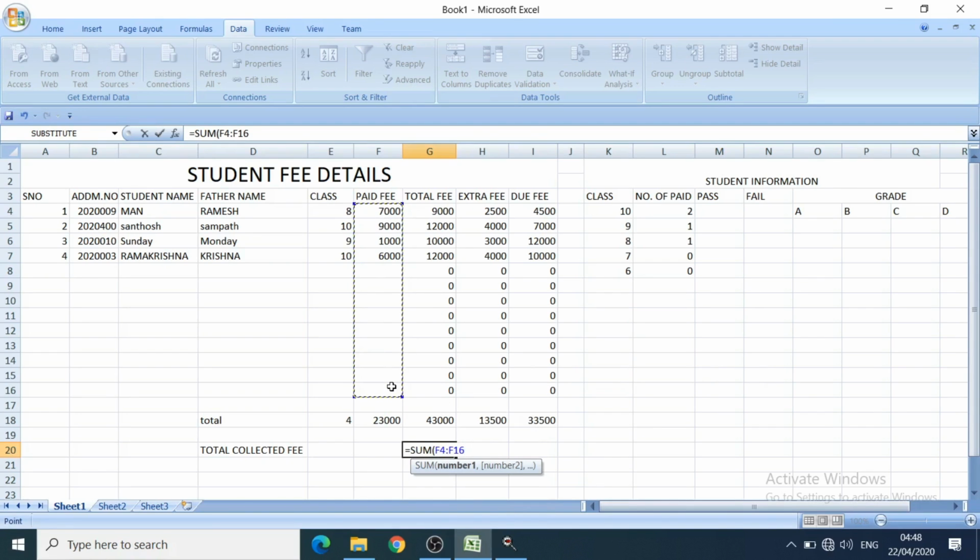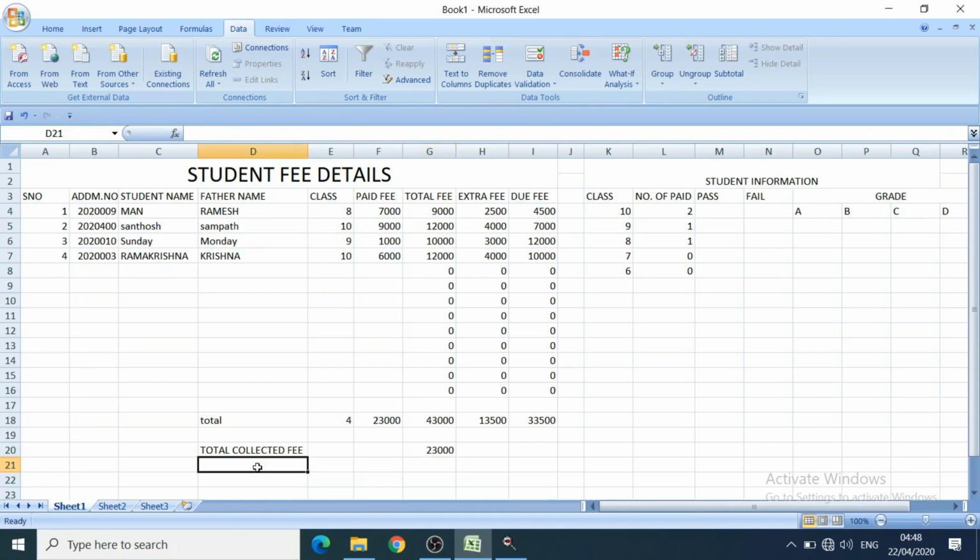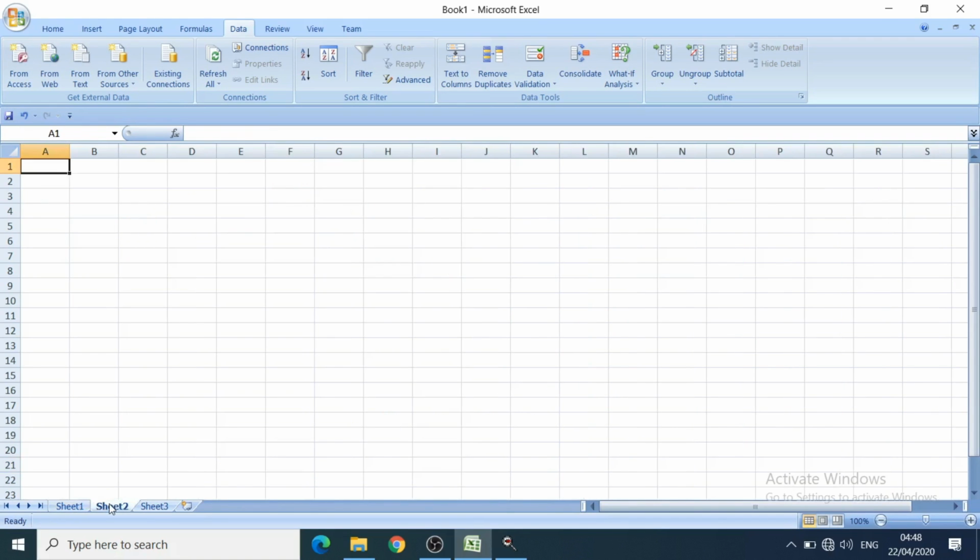Now for the total collected fee, here is the maintenance amount. Take one more sheet. I am giving the name for this one, maintenance.